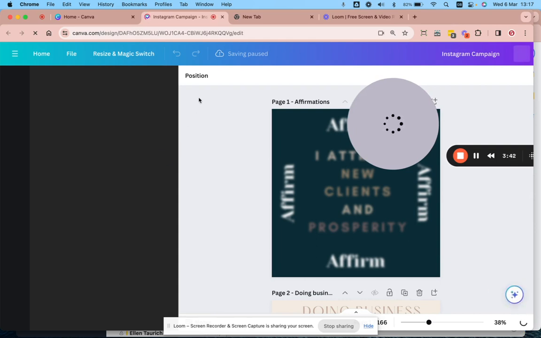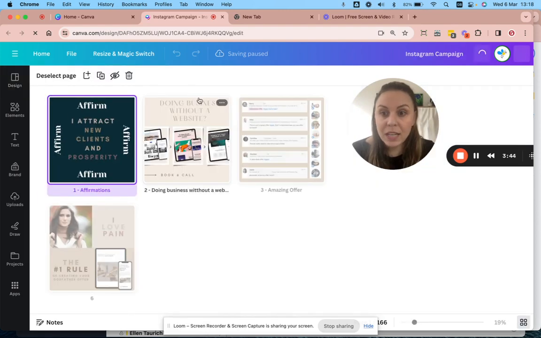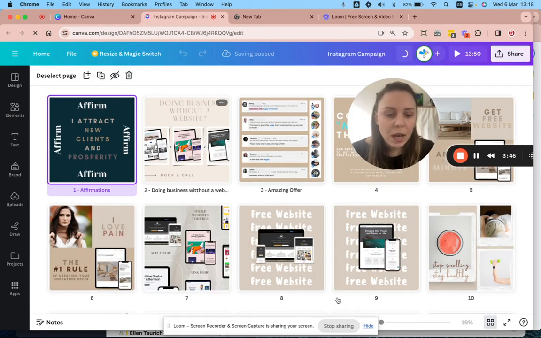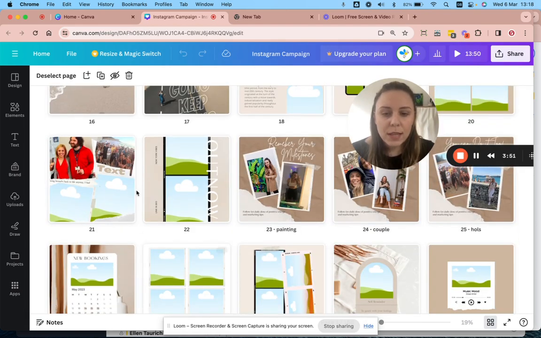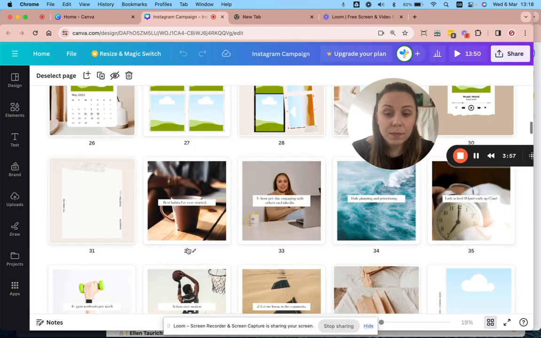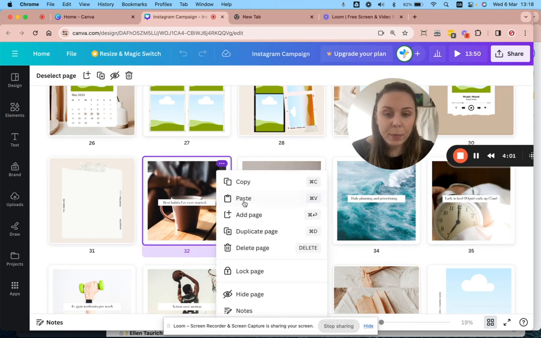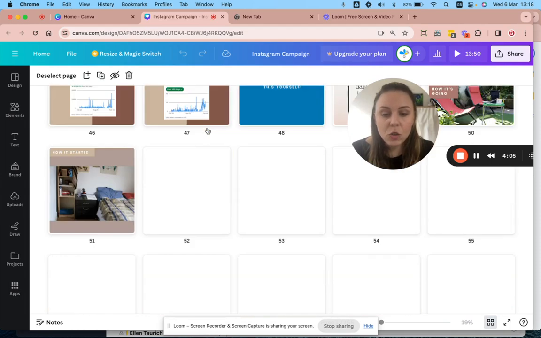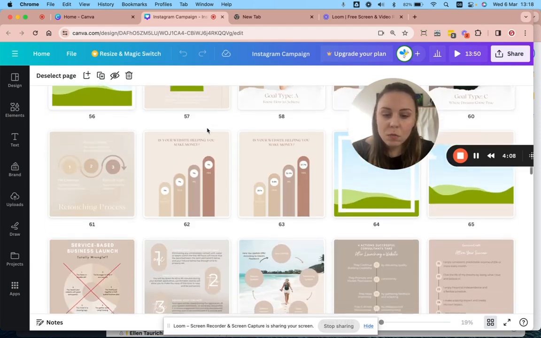Okay. And this has been developed over the last year of me posting. So you see how, I think this is the smallest. Okay, so you see how I've got these empty ones. These are the ones which were provided to me from Etsy, from the person who designed this thing, but I haven't used yet. I don't like to delete anything, so I just duplicate the page if I think that I want to use it. Okay, so let's say today I've got some sort of